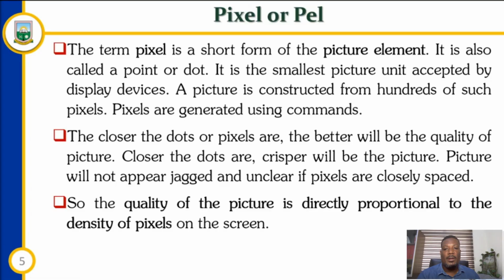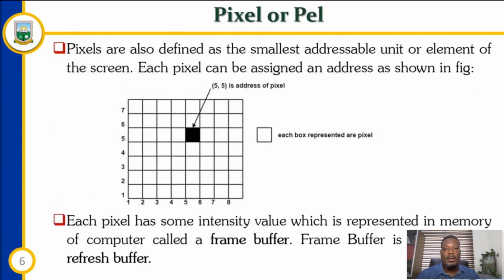Now, a pixel is also termed as a pel. Pixels are also defined as the smallest addressable unit or element of the screen. Each pixel has some sort of intensity value, which is represented in memory of the computer. So anytime you have the pixels that are being displayed on the screen, each one of them would have